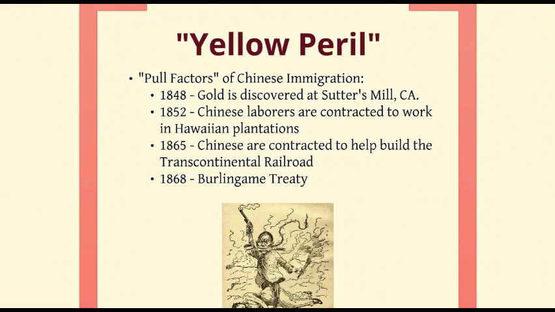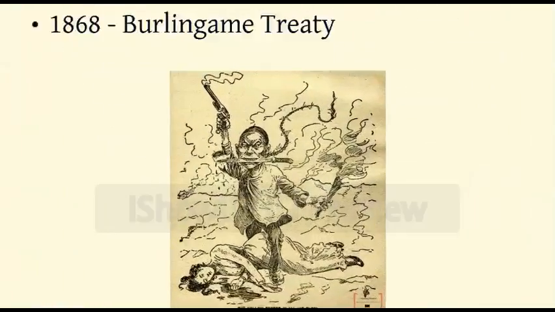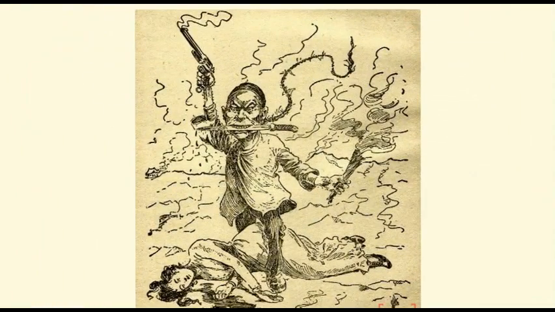And eventually we get to 1868 with the Burlingame Treaty, which essentially opened doors, normalizing a more friendly relationship with China, opening our gates to the Chinese, and that's where we start to see a massive flow of immigrants from China. Then you start to get this idea of yellow peril, where the Chinese are basically going to bring down the United States, that somehow they're going to cause the degradation of our economy and our society and our morals.